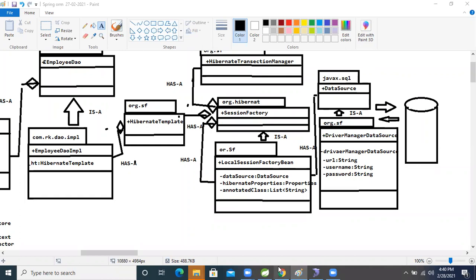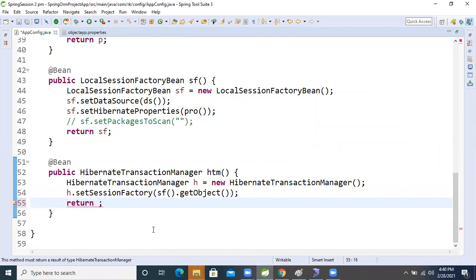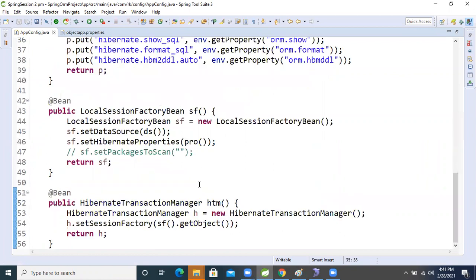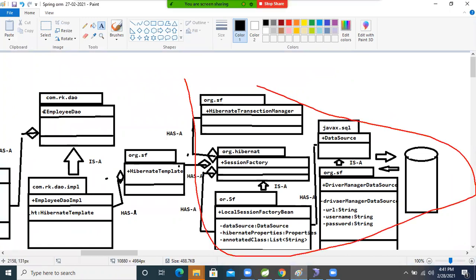Now come here in the transaction, right? All these things we completed. After that, come here and return this bean class. After returning this bean class, what will we do now? Till now the things are completed. From here to here, this much operation we completed using predefined Spring classes. This is the one-time setup.